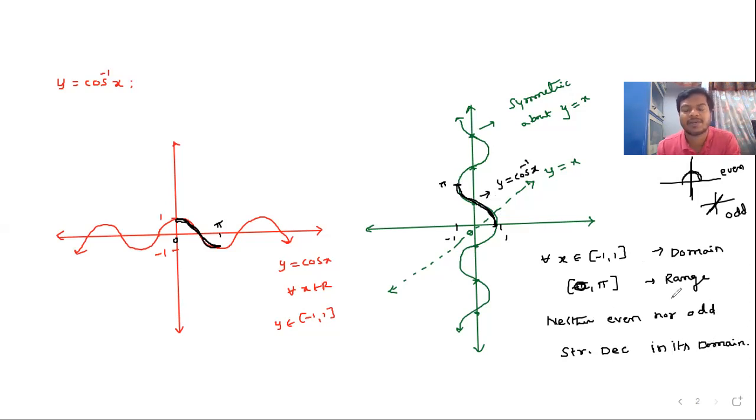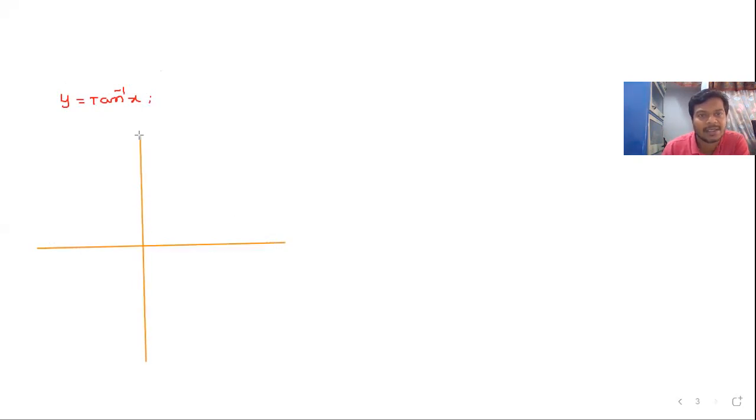This is about the graph of y equal to cos inverse of x. Next, we are going to discuss about the graph of y equal to tan inverse of x. Before going to this, let us see the graph of tan x. Okay. And then we go for tan inverse of x. We know that